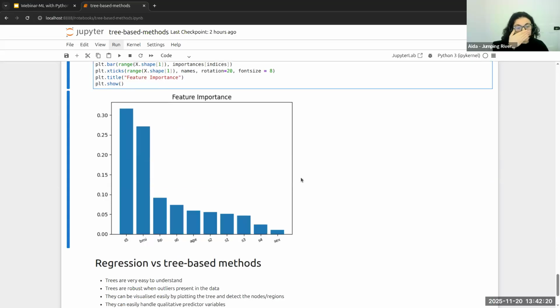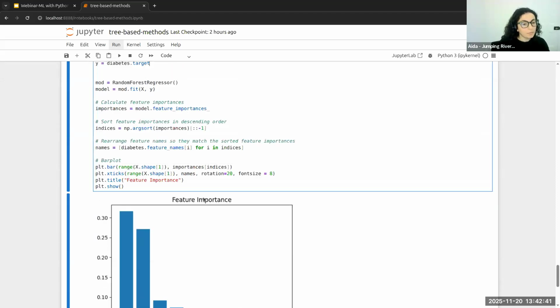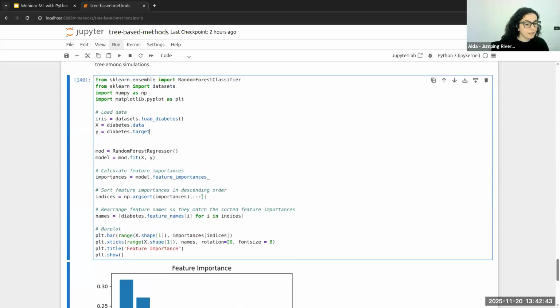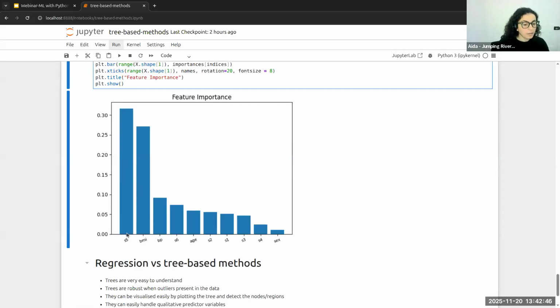And so, yeah, we can visualize, or you could just extract these values from the model output. You can also display a bar plot like this to visualize which of the variables has been important for your model. In this case, we are using the diabetes data set, and one of the variables that seems to be highly important for disease progression is S5, which we're going to have a look at in a second.